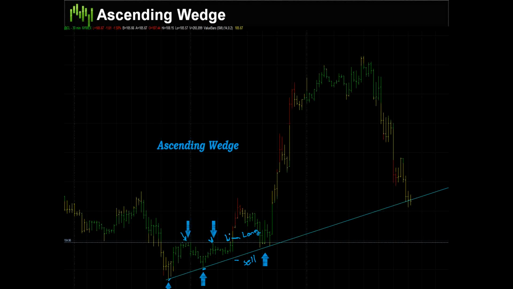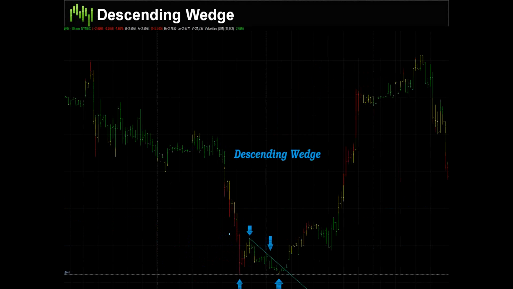So again, you have ascending wedges, and you have descending wedges, which is the exact opposite. Instead of having resistance from previous highs, you're going to have support from previous lows. So you're going to have your sell order down here. You're going to have your buy order just outside the upper end of that down trend line, going across the highs for resistance. As soon as it fills your long, your stop is generated down here. You're going to go back and erase your sell order. So you're going to have your stop loss right there, and then you're looking for that market to continue higher.